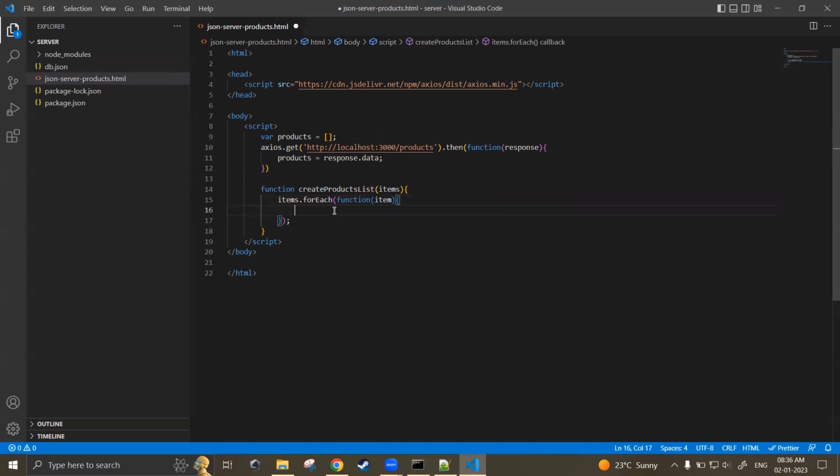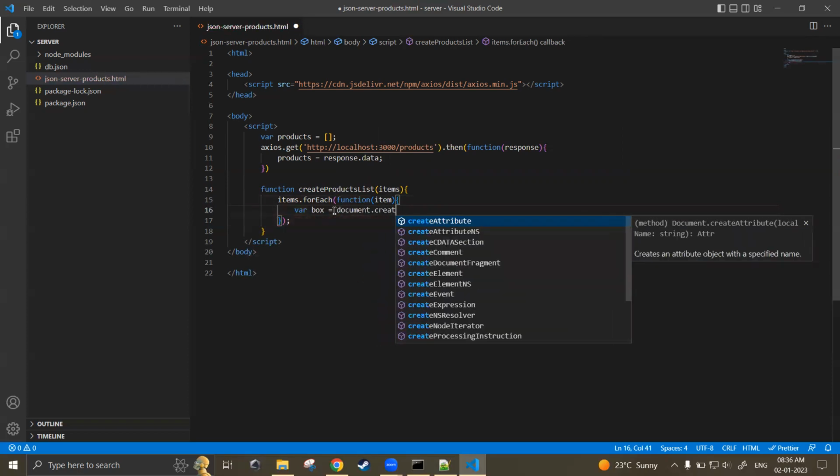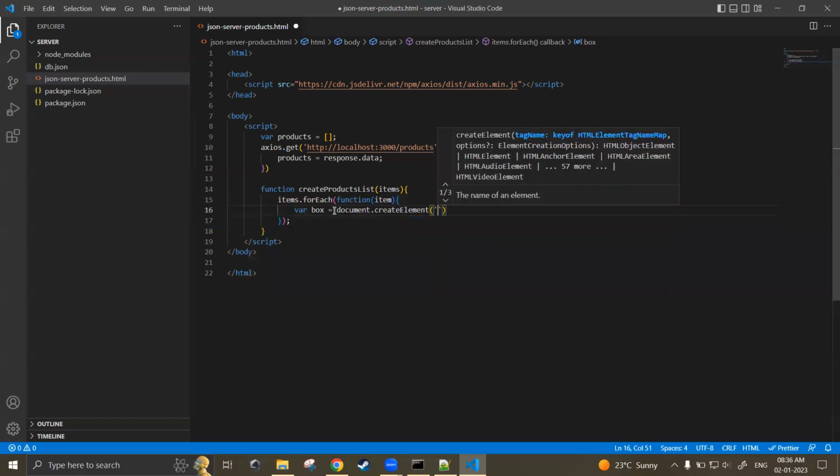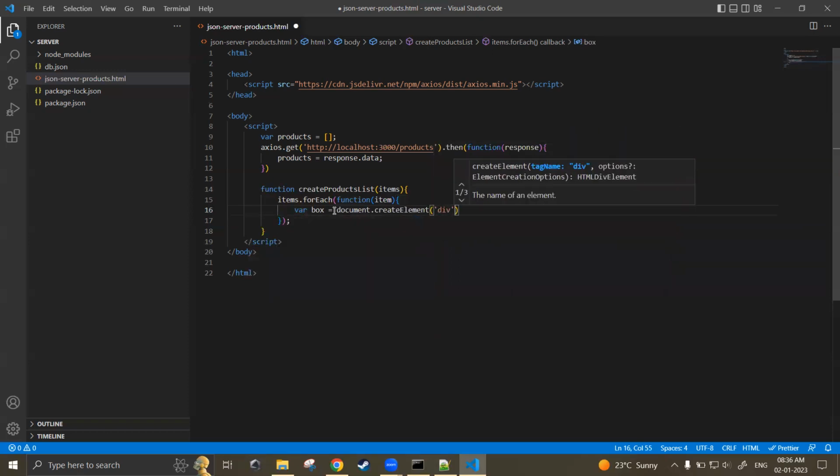So now for each item, what I have to do, first I'll create one div, a horizontal div. Let's say I'll make it as box. Okay, it will look like a box. So where box is equal to document dot create element of div. This is one div. Inside the div, what I'll do,